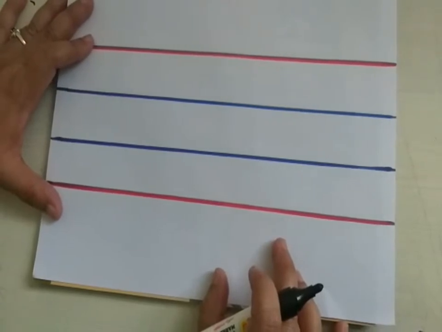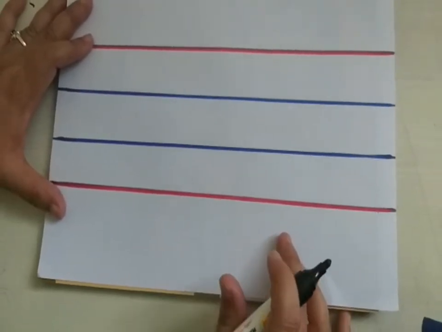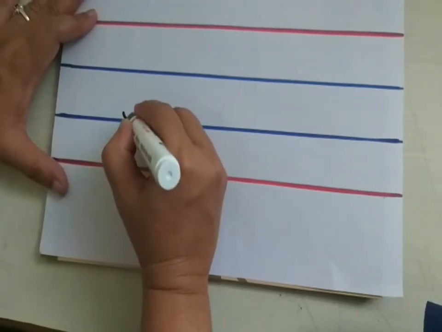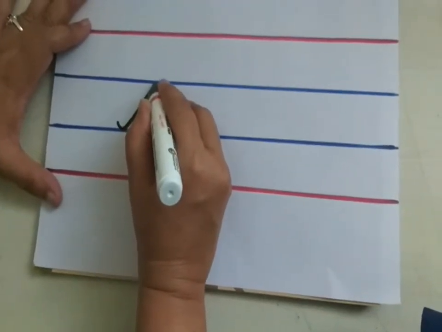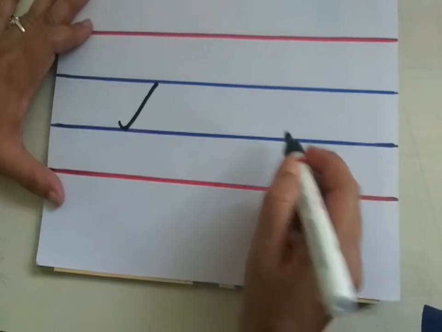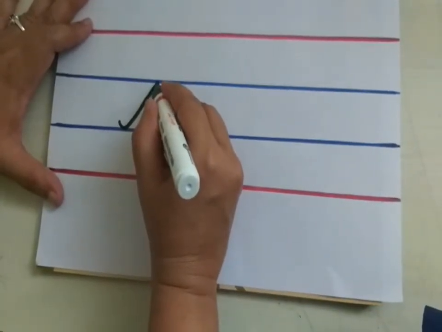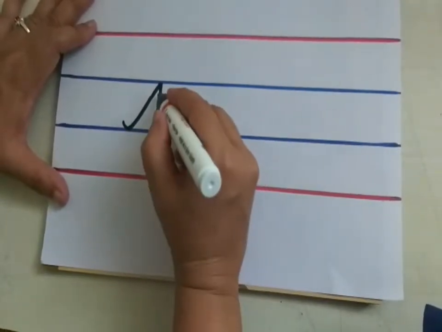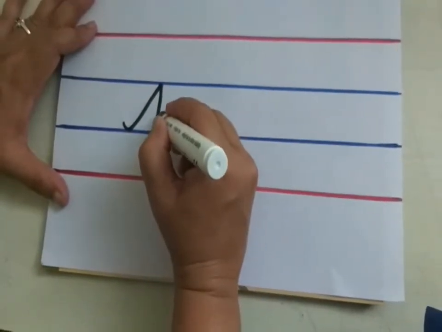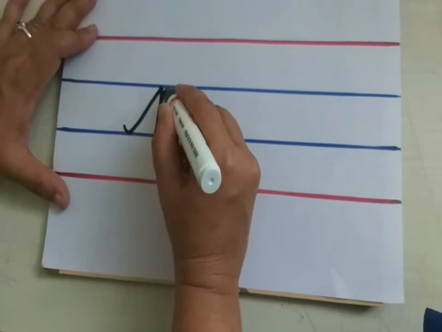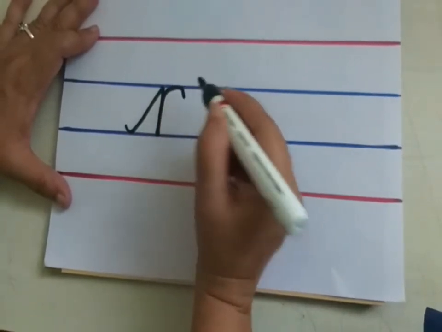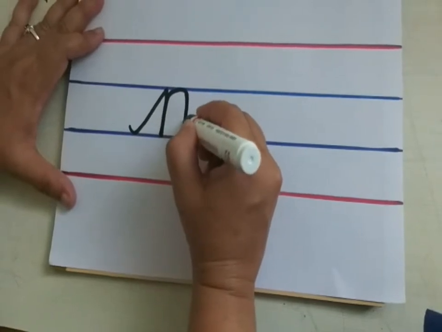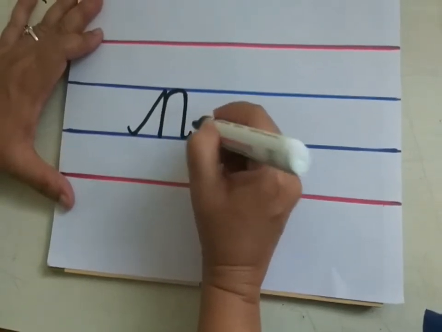M after which letter comes, children? M after N. Shall we write? Make a small curve. Okay. Go up to the second blue line, children. Like slanting line you have to go. Now come down to the third blue line. Standing line like that. Okay. Now again go up to the second blue line. Make a half curve, children, like that. Now again come down to the third blue line and make a small curve.